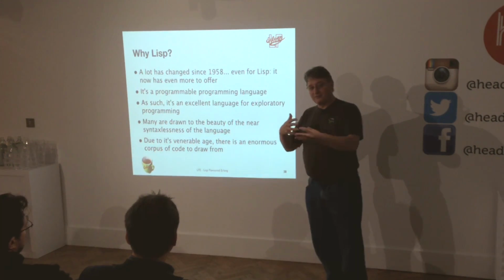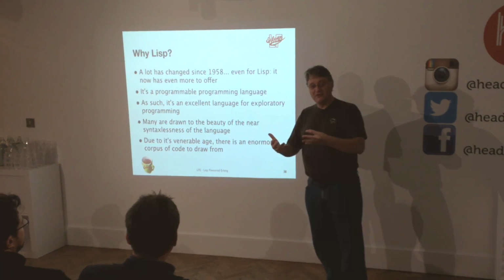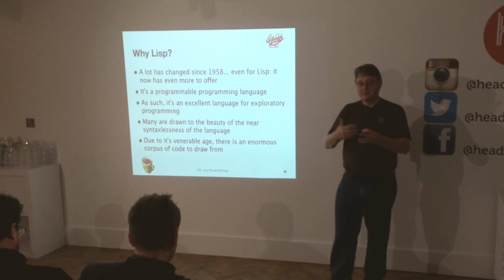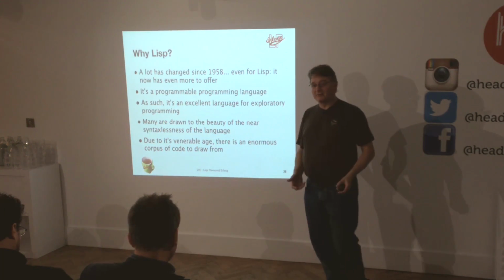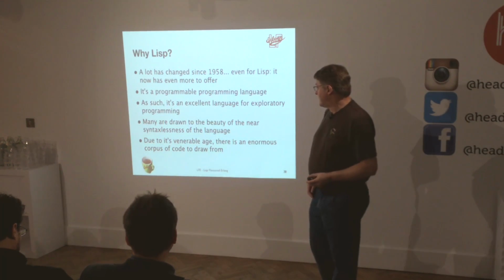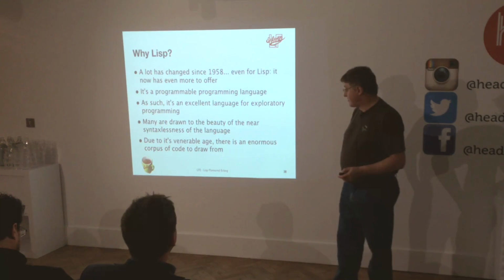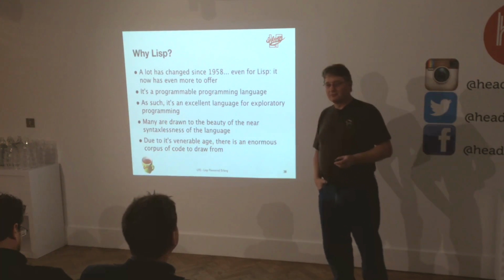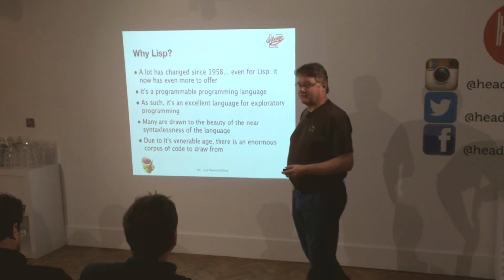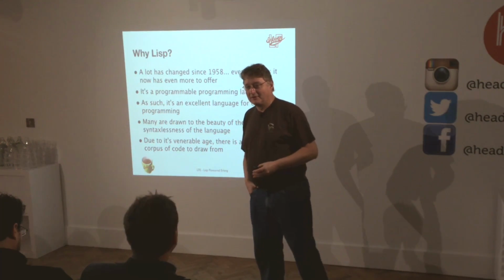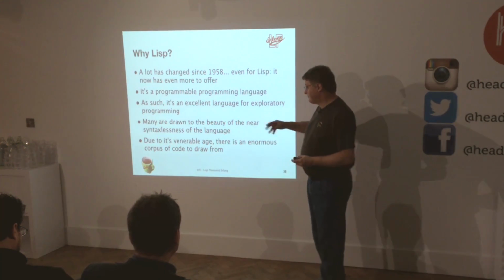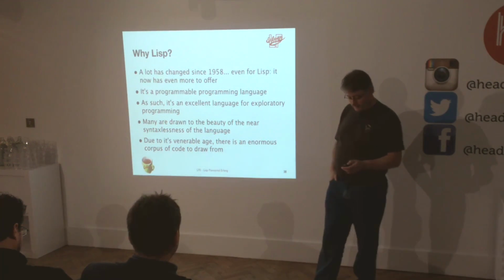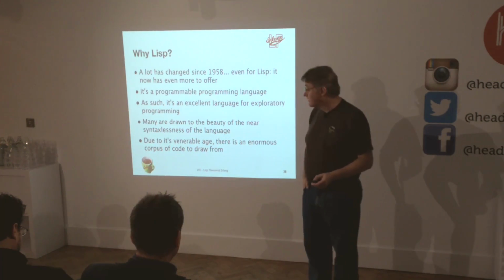Because I've got this thing with a code, and the code is just data, it's very easy to generate code as data. I just build a data structure and it just happens to be code and I can run it, for example. It's good for exploratory programming. The syntax, I don't know, some people say it's a very simple syntax and some people say Lisp doesn't have a syntax. It's just a list, right? Depending on how you view it. But it is a very simple syntax. And there's quite an awful lot of things being done in it. So it's a very nice language.